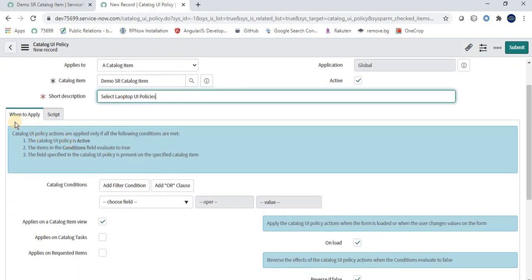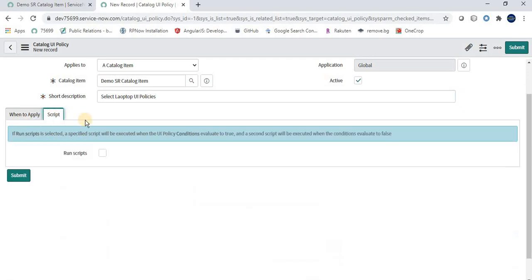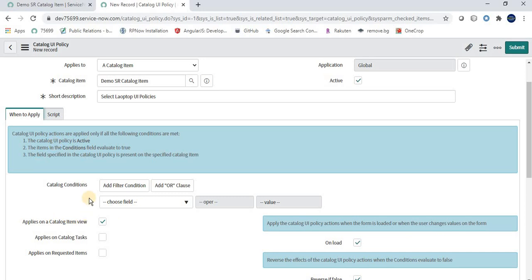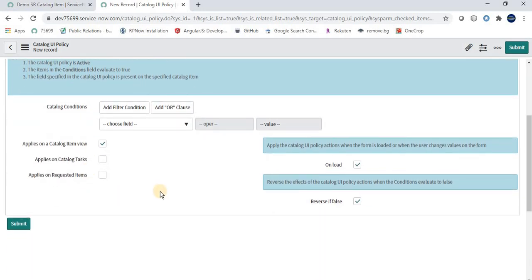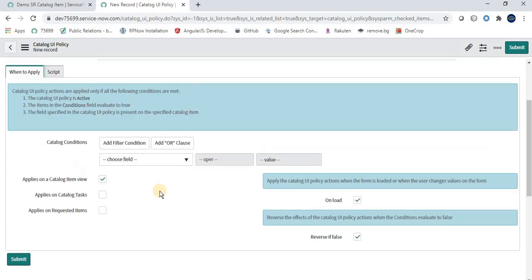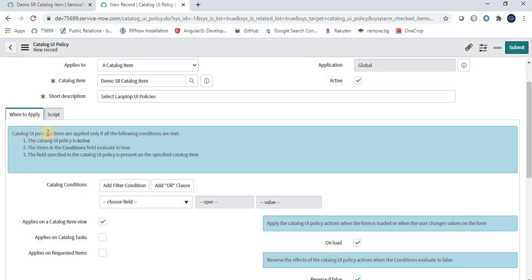First thing is when to apply, and then script. As I told earlier, we can also do scripting, and we can also perform activities such as read only, visible and all that through this when to apply section. Here in the catalog condition we have to give the condition.